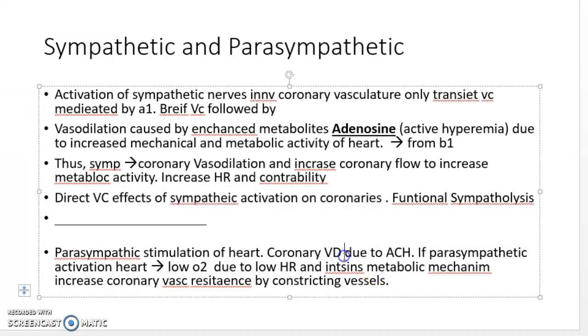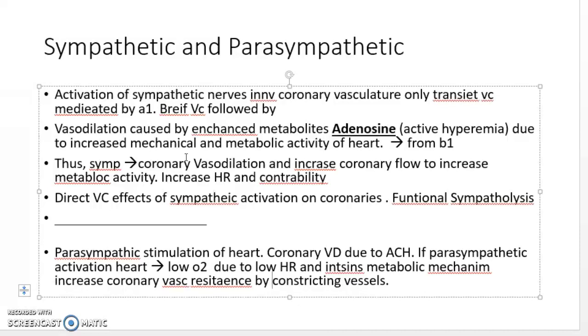There's going to be vasodilation due to acetylcholine secretion, and in parasympathetic activation, low oxygen leads to low heart rate. This reduces the metabolic mechanism and increases coronary vascular resistance by constricting vessels, and as we know from prior information,